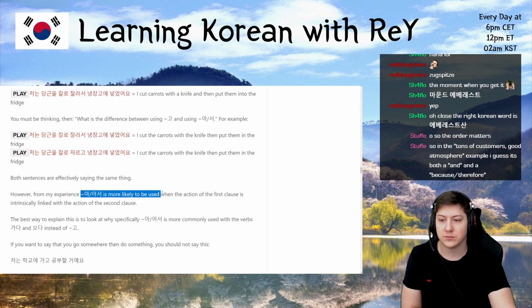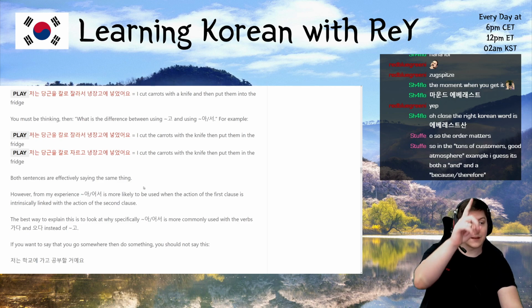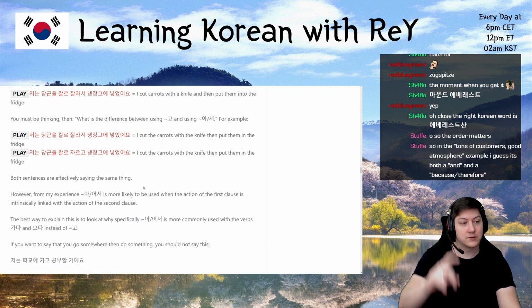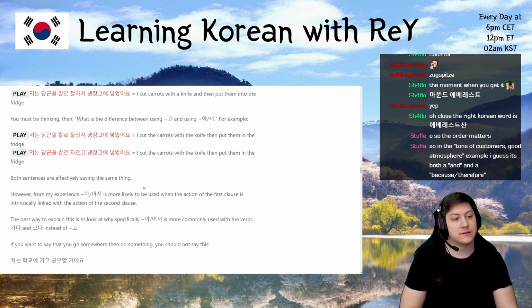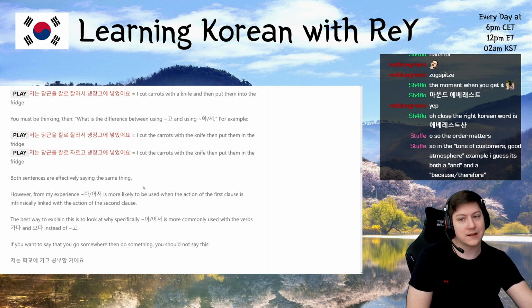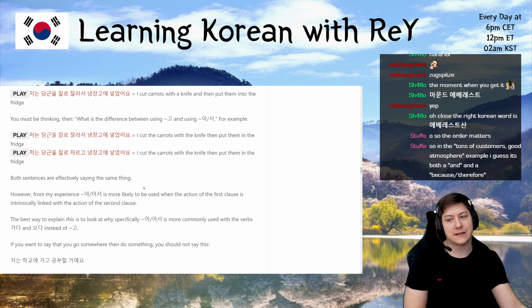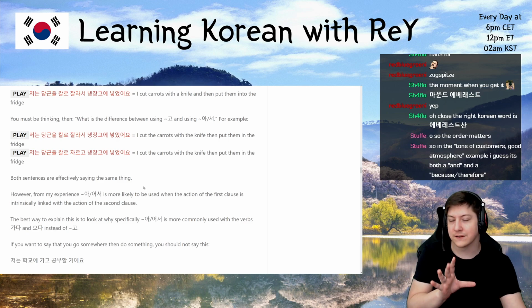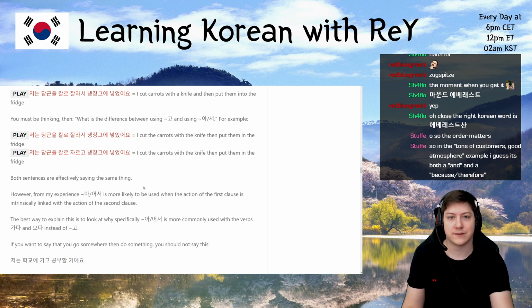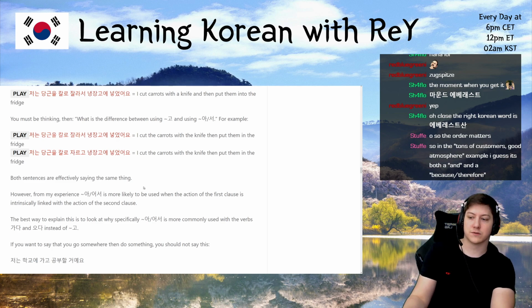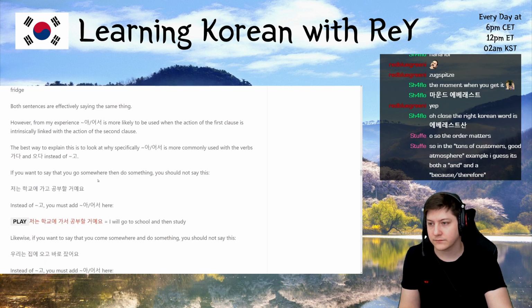Also is more likely to be used when the action of the first clause is intrinsically linked with the action in the second clause. And in this example, there are tons of customers and the atmosphere is good. Atmosphere is good is not really an action, so it would fit in that description of the difference. The best way to explain this is to look specifically